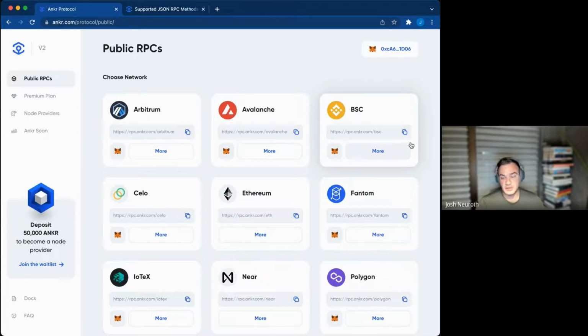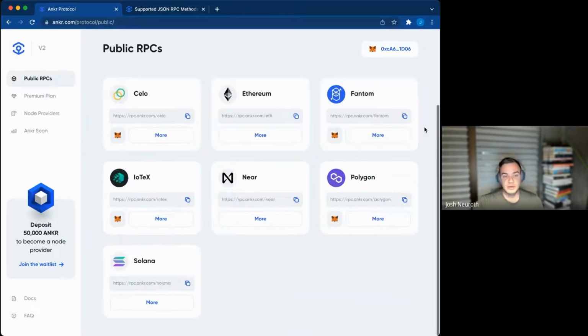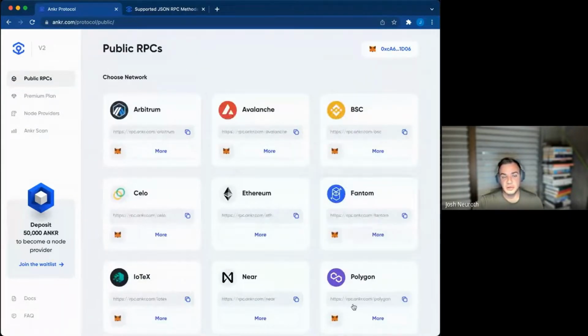Here you can see this address in my web browser, anchor.com/protocol/public. We have a whole suite of chains that you can connect directly to. What's great about this is not only can you query information directly, these are all the mainnets from these chains, right? But you can use a button like this to add this chain to MetaMask, right?